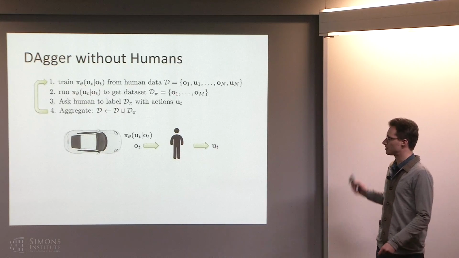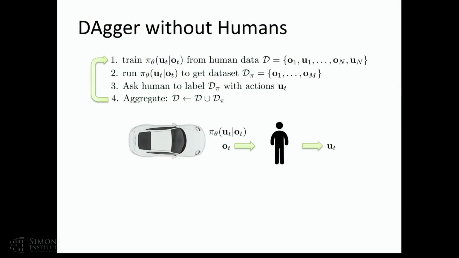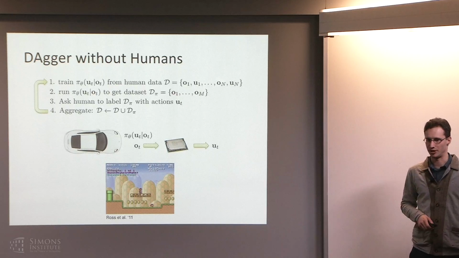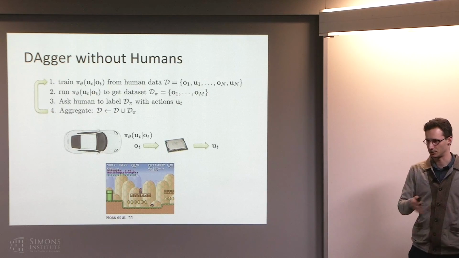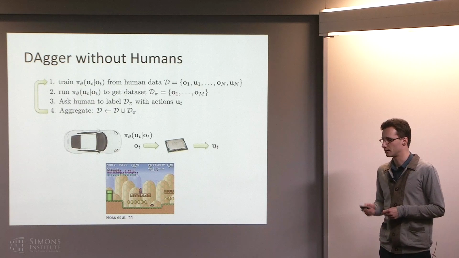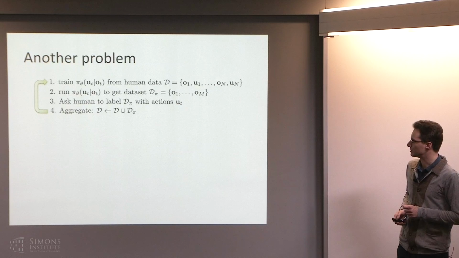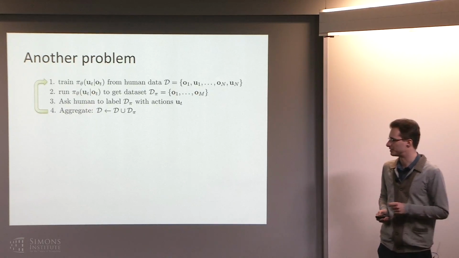Okay, so can we use something like this in the context of, let's say, an algorithm like DAgger, and replace a human with a machine? Actually, in the original DAgger paper, they showed this just as a way to validate the algorithm. This was in a discrete example rather than a continuous one, so they actually used A* search to play Mario and then used DAgger to find a policy for it. But you can also do it with continuous methods. So I'll tell you about an algorithm now that uses this kind of continuous stochastic optimal control together with DAgger, but it has a little bit of an additional property to it, which is that it's going to address another problem with DAgger that I didn't mention yet.